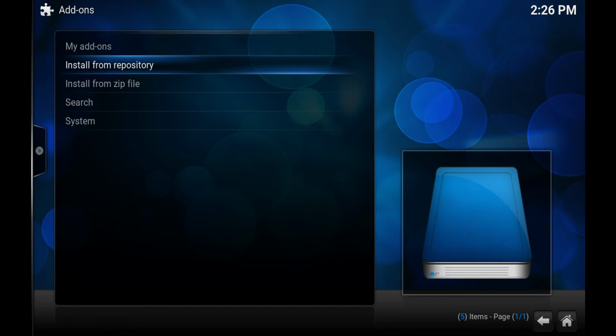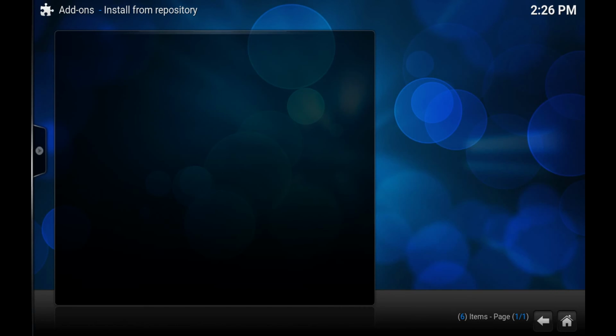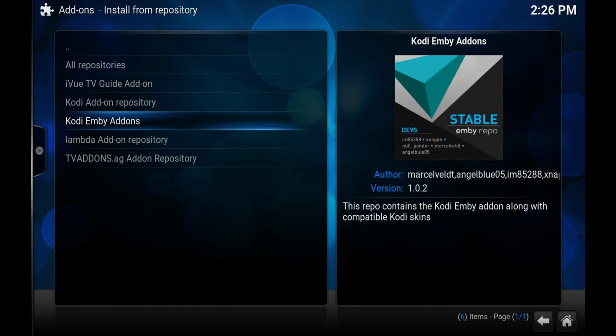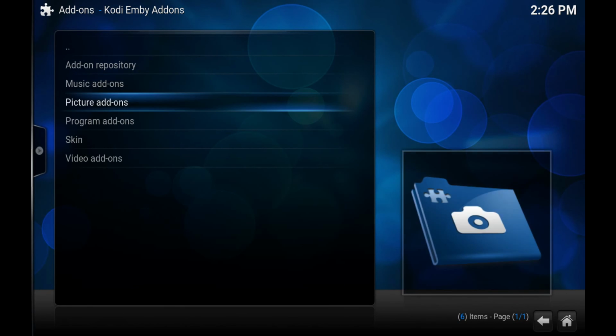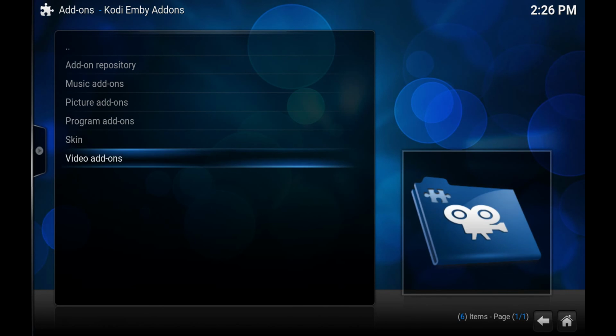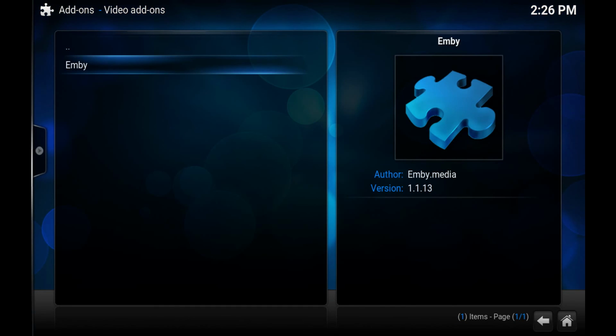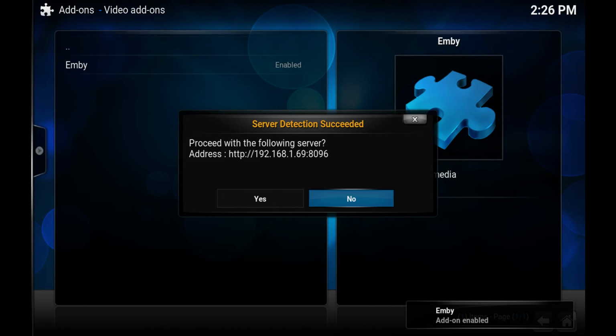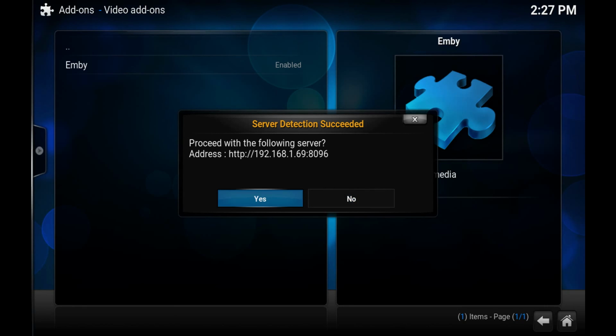The next step after that is, from this screen, we go this time to install from repository. So we want to go to Kodi Emby add-ons. I usually just go to video add-ons, and there's Emby. So click that, click install, and it should fire up right away. The nice thing is, as you'll see here, this is coming from my Windows server. So I'm just going to click yes. It does automatically pick it up wherever you've installed the server, which is really nice, so you don't have to do any tweaking or changing text files or whatever. So just click yes,